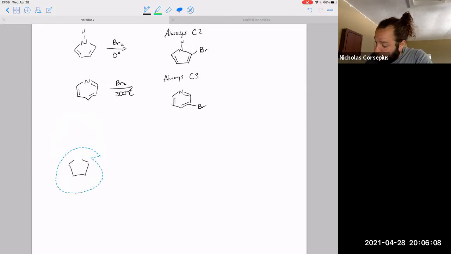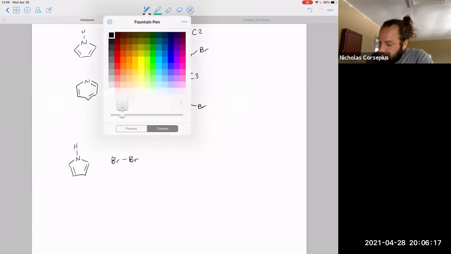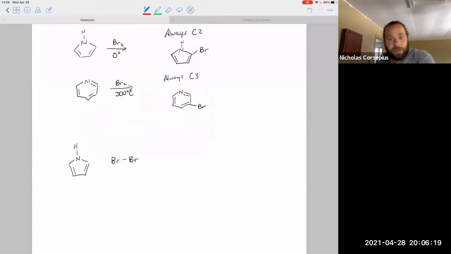So why for pyrrole is it always C2? Well, it has to do with the sigma complex that's formed. Let's remember in these reactions, the ring is going to play the role of the nucleophile. So this pi bond here is going to reach out and grab that bromine. And if it's in the C2 position,